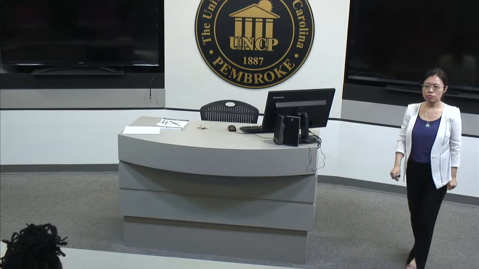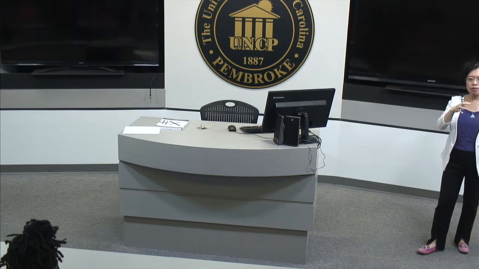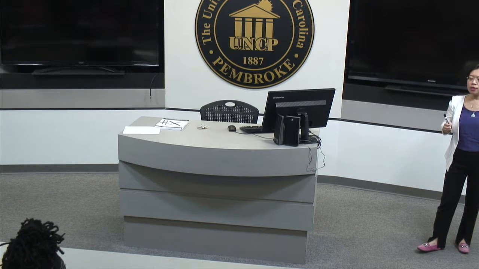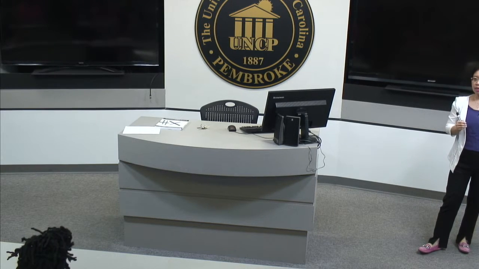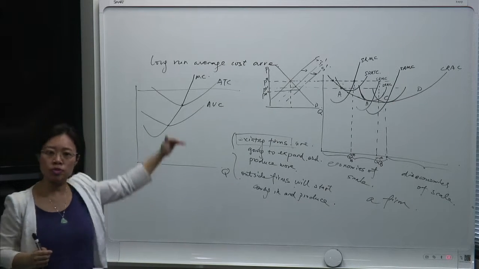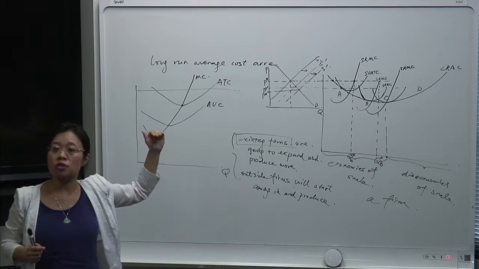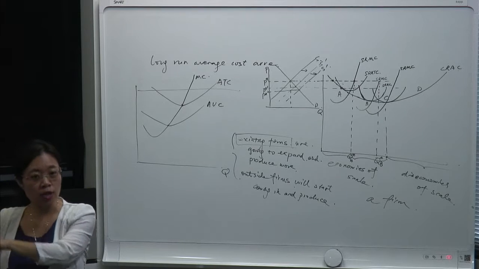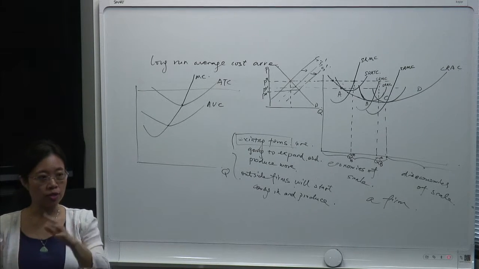So this is a dynamic movement. Do you guys see it? Existing firms want to produce more and increase the scale. That's going to make the supply curve shift to the right and push the price down. Outside firms are going to start coming in. That will shift the supply curve even more and push the price down. And when the price is lower, the profit made by the existing firms is going to be smaller. So the market is influencing the firms, and the firms' actions come back to influence the market. It's constantly moving and changing.